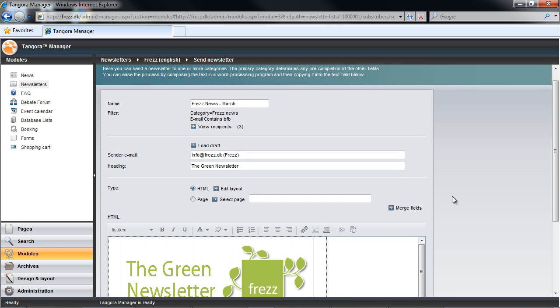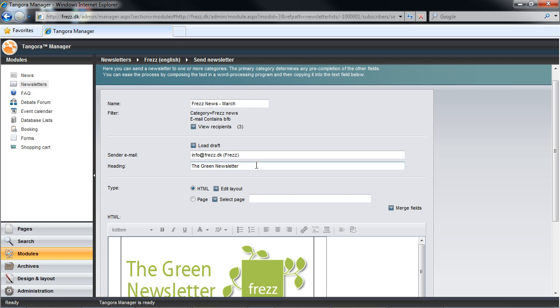Let's continue our tour of the Send Newsletter interface here. We can see that there is an area for Sender Email, which is the email that receives responses from the newsletter. And we essentially have a title here that's in plain English enclosed in parentheses. And the name in parentheses is the name that appears in most email clients. It's a nice feature to create a professional and personal email. The next field, heading, is the subject of the email, which also appears in the recipient's overview of the mail.